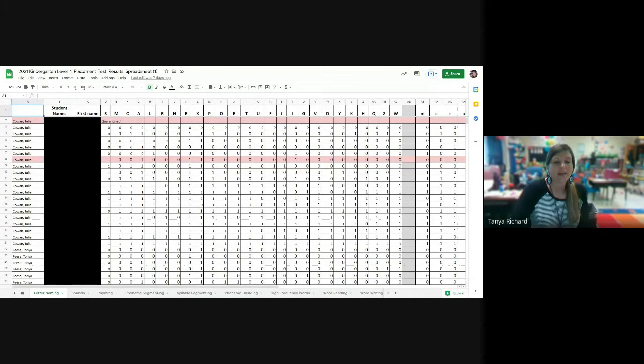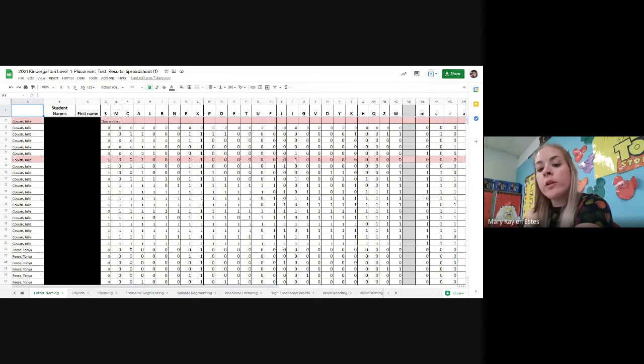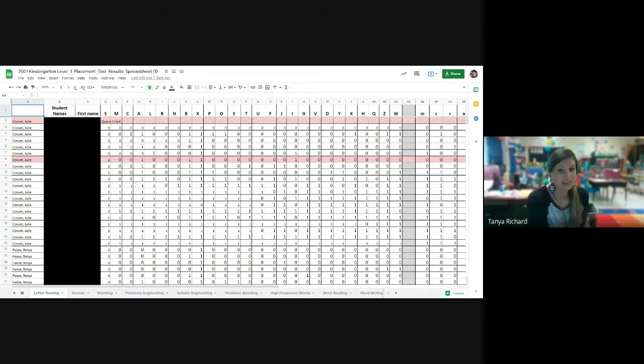Yes. Okay, so this year we decided we do Recipe for Reading, but we did not really like the placement test that was in Recipe for Reading. So we found a different placement test, and we found Sounds to Spelling. Do you all do Recipe? No, but we're looking into it. It's something that our curriculum coordinator is wanting to get a hold of Betsy to help with our primary. Yes, we love Recipe for Reading, but the placement test just was not very friendly. We didn't think for kindergarten. So we went ahead and found another thing that supplemented, like it uses Recipe for Reading strategies in it. It's called Sounds to Spelling.